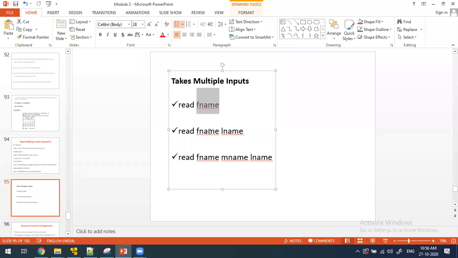But if you have given the input command like read f name and last name, it is expecting two names. If you give a single input, but it is waiting for two inputs, then it will be stored in f name only, and the other variable will be empty. And if you have given three names,